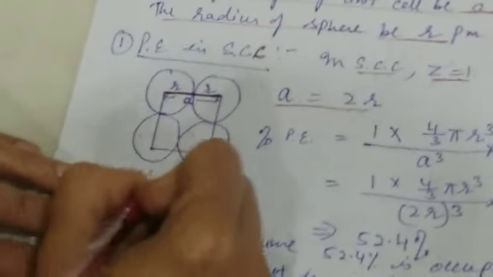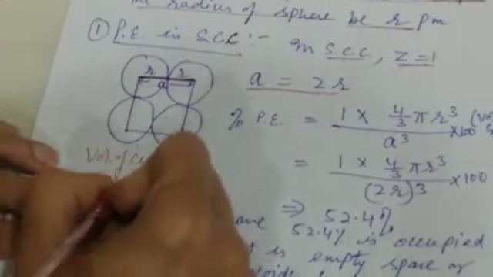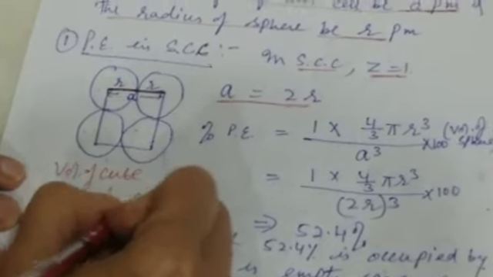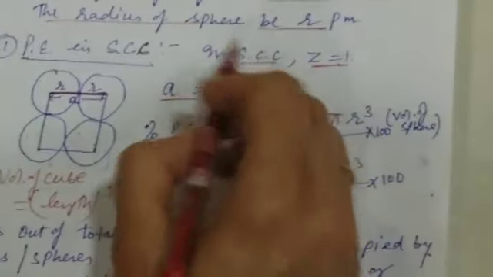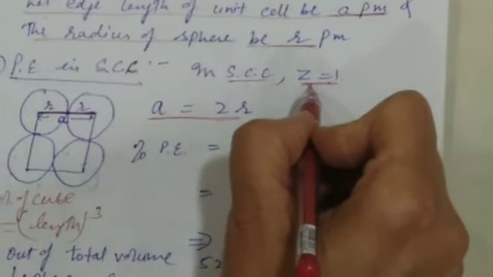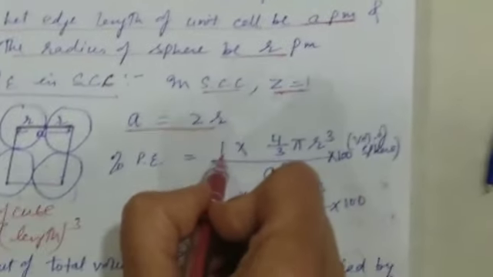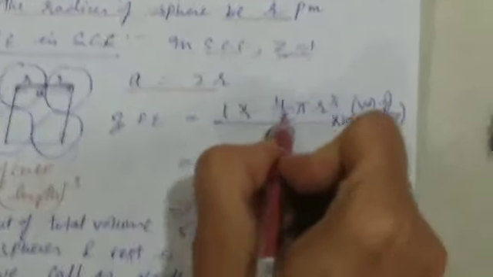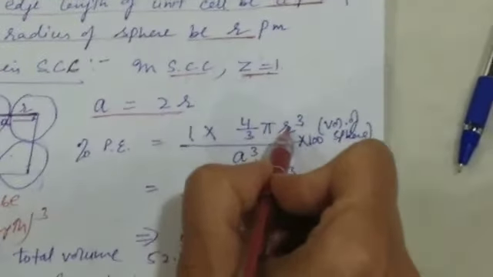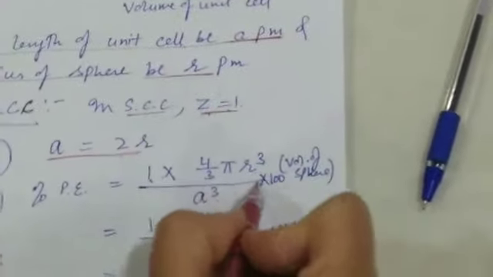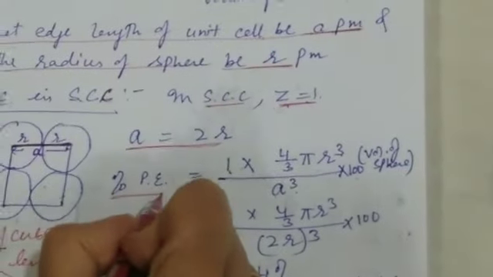Now, since the unit cell is a cube, the volume of the cube is the length cubed. The length here is A picometers, so we write it as A cube. Now, the number of atoms in a simple cubic cell, Z, is equal to 1. The volume of the sphere is given by 4 by 3 pi r cube. So, 1 into 4 by 3 pi r cube upon A cube into 100